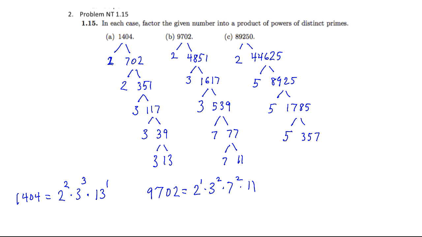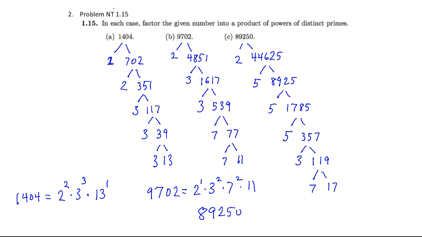Now this is not even, and it's not divisible by 5, but 3 plus 5 plus 7 is 15, which is divisible by 3, so this whole thing is divisible by 3, and I get 119 here. And 119, it turns out, is 7 times 17. And therefore,